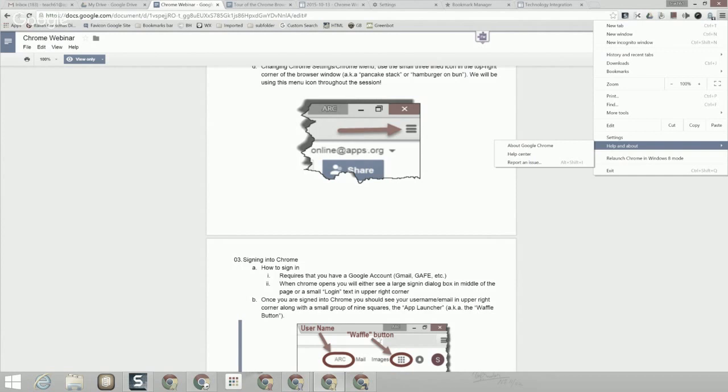So let's just take a quick tour down our menu here, and you notice the first three have to do with creating a new tab, a new window, or a new incognito window. Each of these has a keyboard shortcut next to it. Some of the keyboard shortcuts are very easy to remember, and you might want to use them. It's very nice to be able to open a new window or open a new tab with a keyboard shortcut,